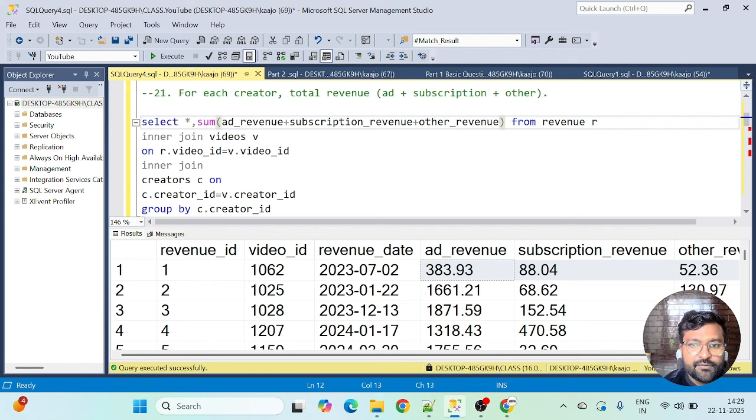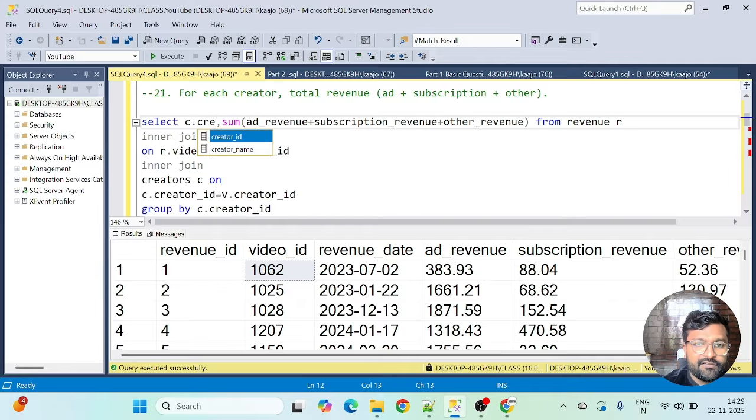For one single video I'm calculating the total revenue, that is ad plus subscription plus other. Then because one creator might have multiple video IDs, and we have been asked for total revenue, I have to take the sum of this. And here we can just go with creator ID or creator name.